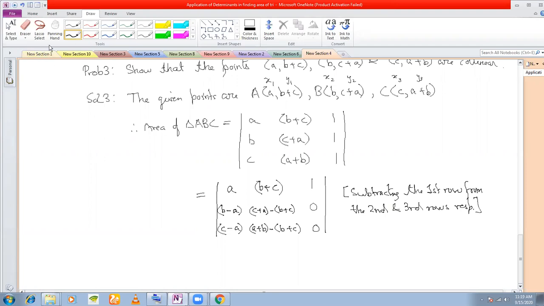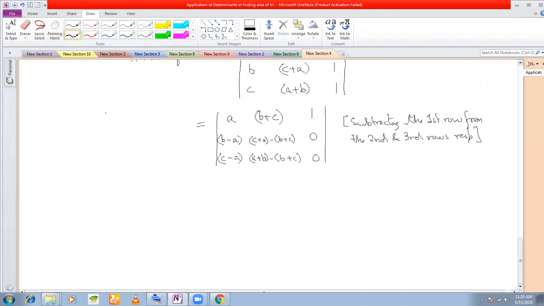Okay, which is equal to, now expanding by first column. This is your plus, minus, and this is your plus position. So plus 1 times B minus A. And how much does this come to? C plus A minus B plus C. You clearly have C and C cancelling. So you are simply left with A minus B, right? And here you have a C minus A. And here you have A plus B minus C. Again, this will cancel. Get A minus B.